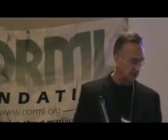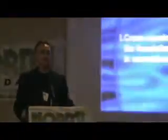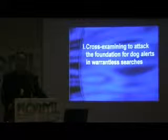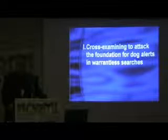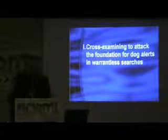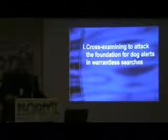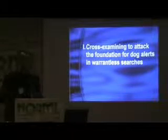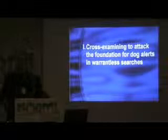Well, what do we need to have in order to be prepared to launch into that cross-examination? We want everything we can get our grubby little paws on. And I think that includes any and all reports and field notes of the instant search, any videos or audio recordings of the search, the names and addresses of any neutral witnesses or bystanders who saw the exposure of the